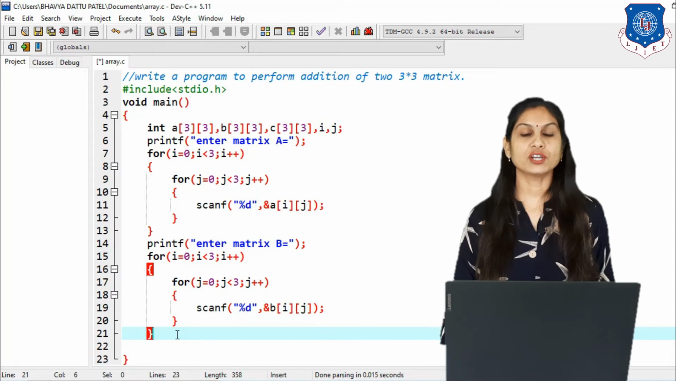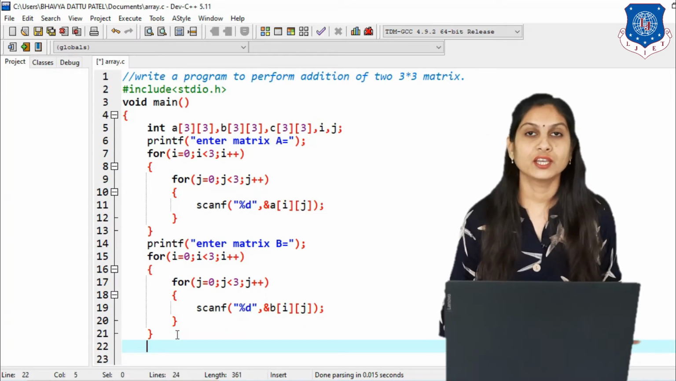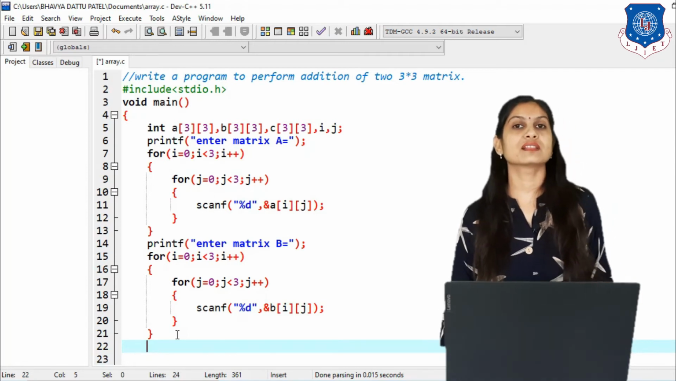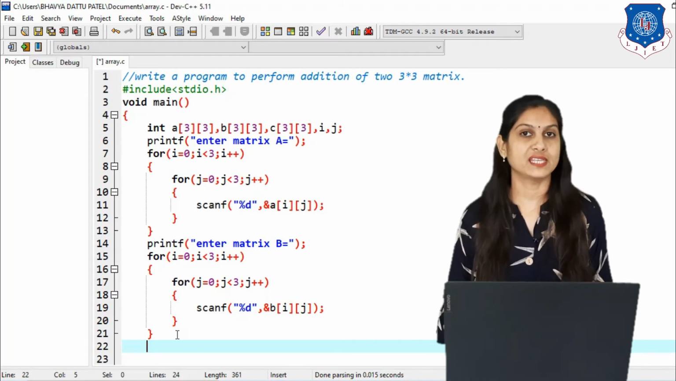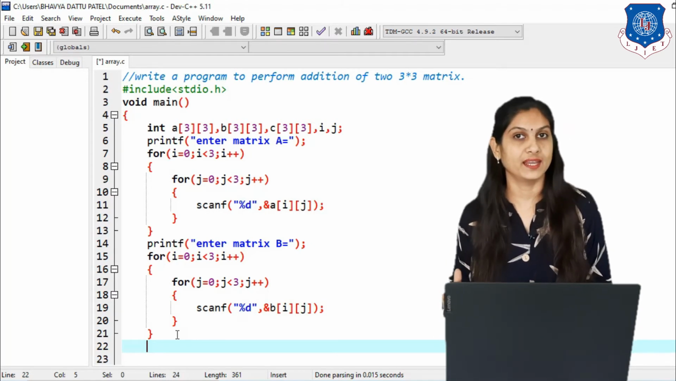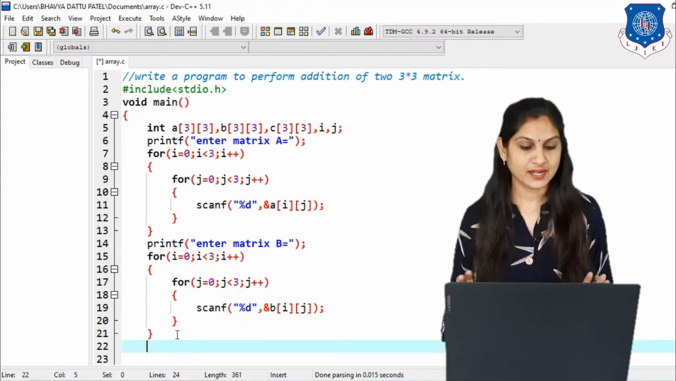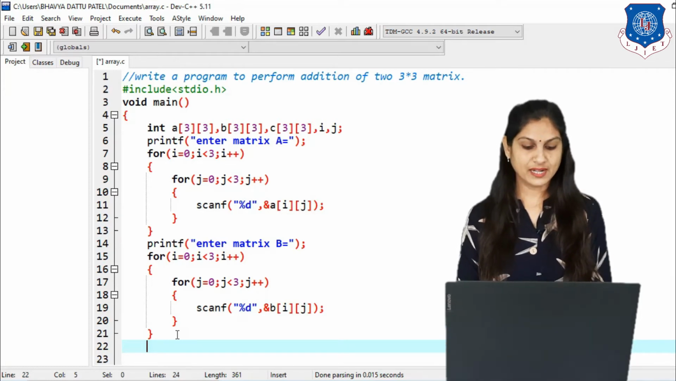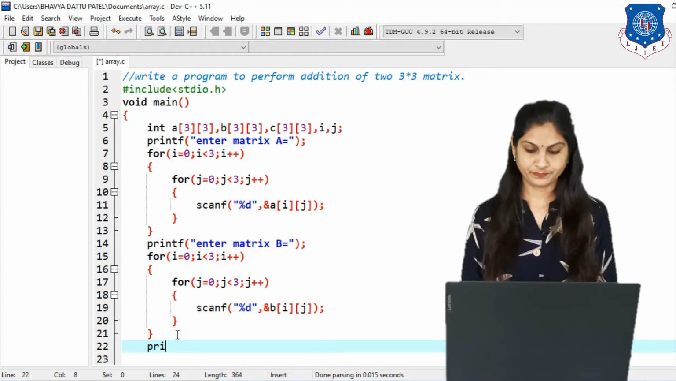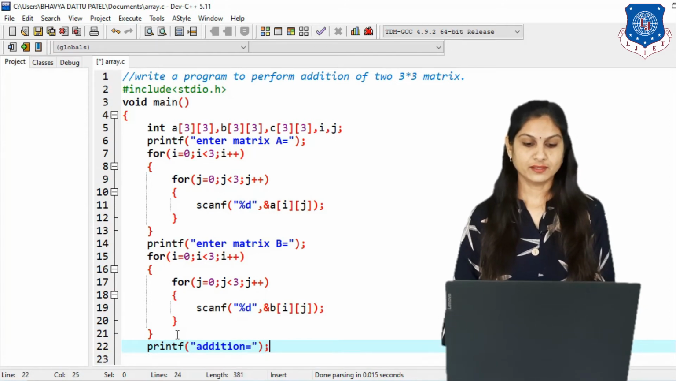Now the addition of 2 matrices, the logic you all know because it is already learned in your previous standards. So it is just like C equals A plus B, but C, A and B are what? They are variables, and now we have to move to an array. So here after C, A and B we have to put the brackets, that is the difference between a simple variable and an array. And now we have to write the message like printf addition equal what? Our logic, and for that